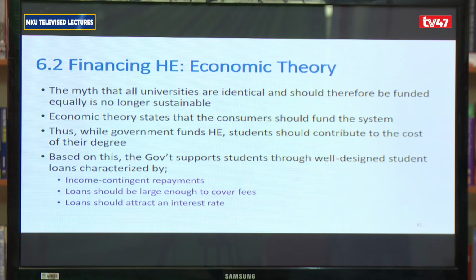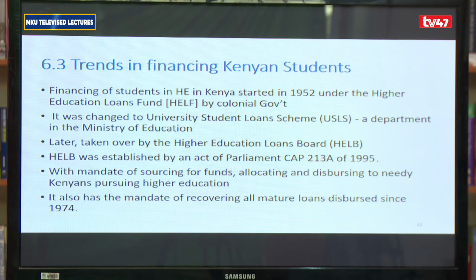When we think about these loans, the first thing that maybe comes to our mind is the HELB, especially in Kenya. We think about the HELB, and maybe we'll be talking about how if you don't pay, there's the interest that is accrued. We also can talk about how some people actually feel that they should not be paying these loans, how they delay others, and also how we find that even some of these fundings meant for the low-income and mid-low income students also find their way to other people.